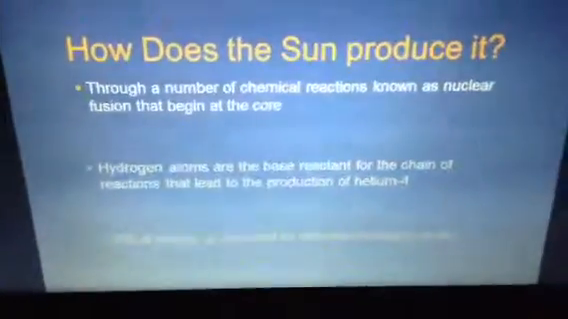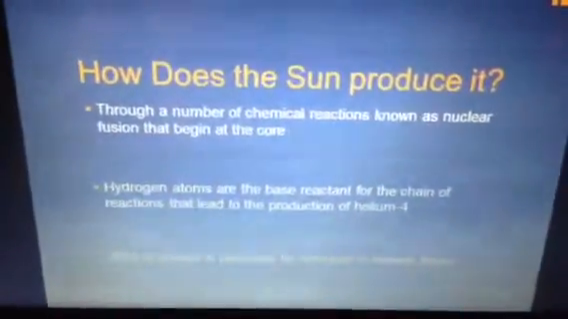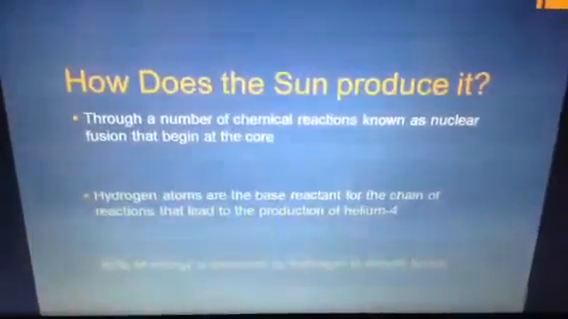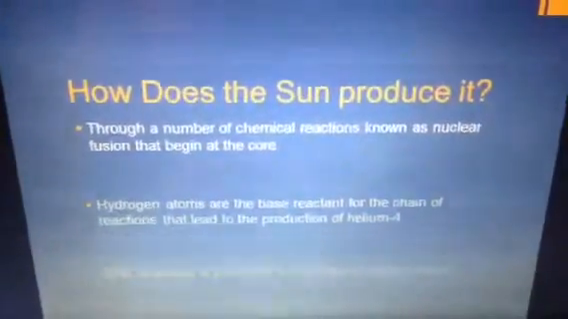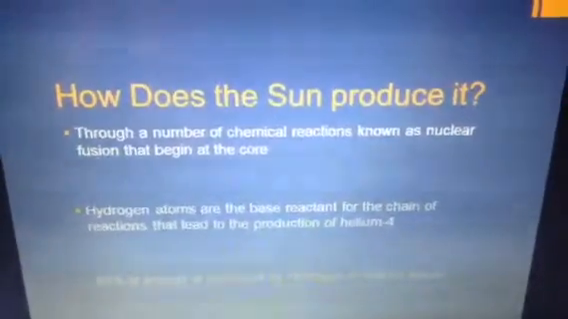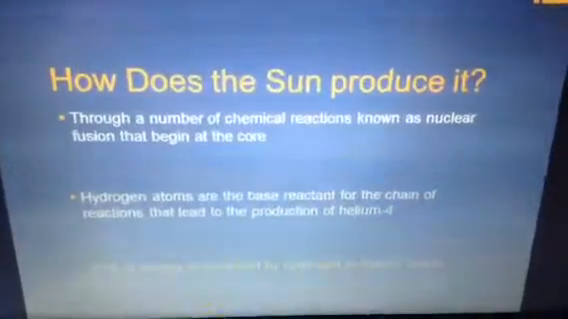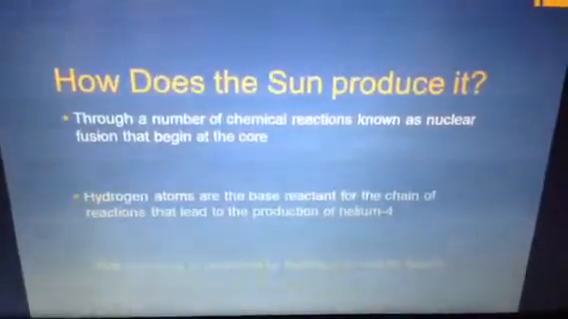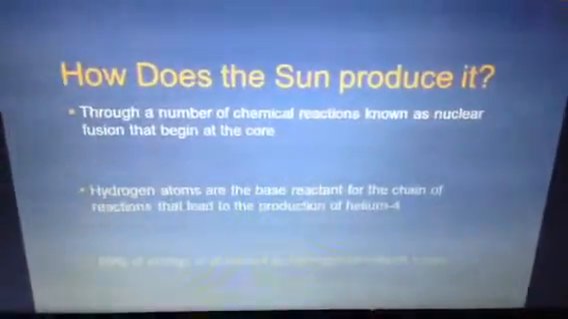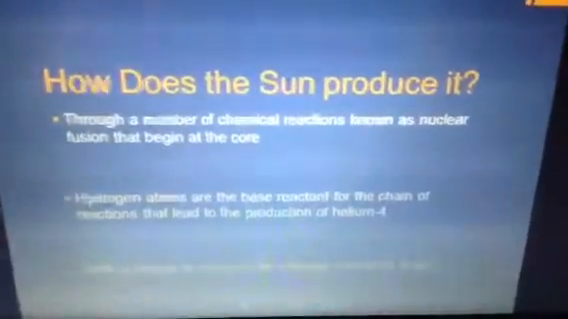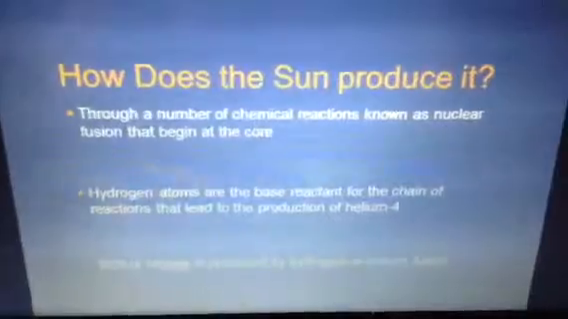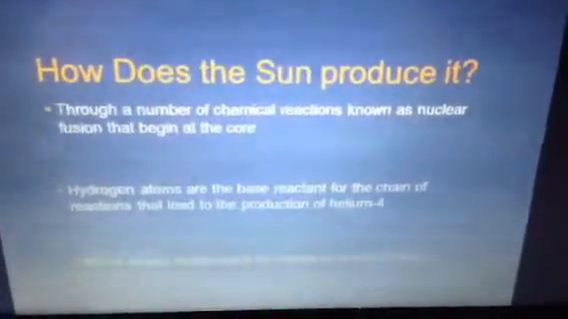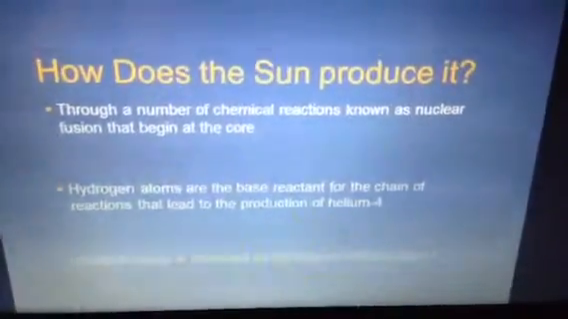How does the sun produce it? Well, that's a great question, and until this project, you don't think much about it. But it starts out in the core, as I said in the previous slide, and goes through a number of chemical reactions known as nuclear fusion. It starts out as a hydrogen atom and is then broken by the great heat at the center of the sun,